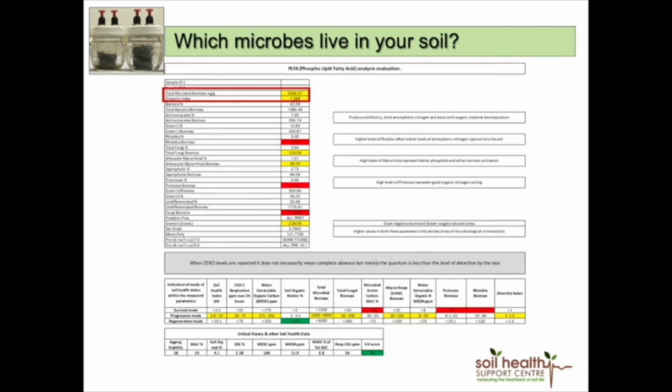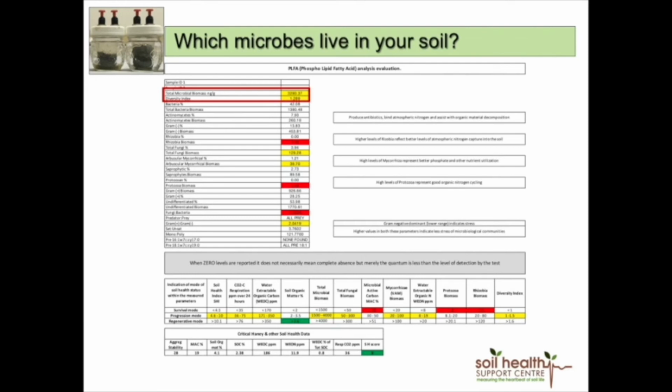When you look at the PLFA result, you should be less concerned with the numbers and rather look at the result as feedback on the habitat that you've created in your soil. Changes to your farming practices will influence the soil biota, and it will be reflected in this result. The most important part is the microbial biomass and the diversity index, so you look at that first. If you can get your microbial biomass over 3,000 and your diversity index over 1.4, then you're heading in the